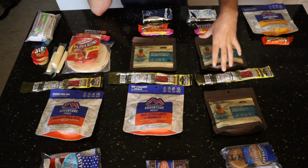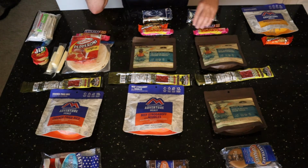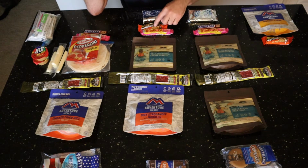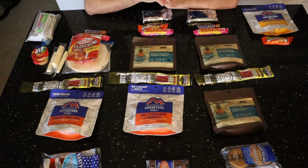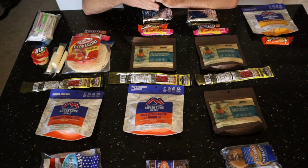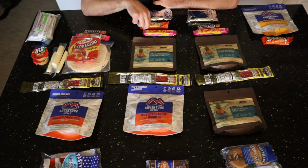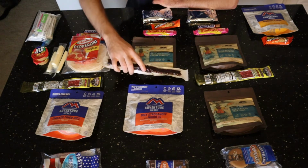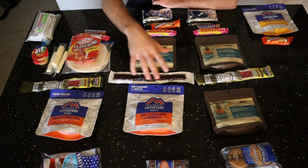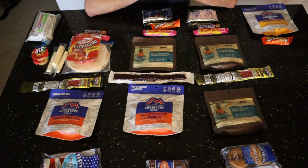The meals are a good amount of calories, and I bring these snacks, a Starburst and a Snickers or a Nutrageous every day. Just gives me plenty of options for snacking throughout the day. I like to just keep putting some calories in my body every so often, keep me going. It's also nice pick-me-ups. Sometimes I want the sweetness. Sometimes I'm going to want some chocolate or peanut butter. And sometimes I crave the saltiness of some beef jerky. But for me, this is going to be a good setup. This will definitely keep my calories up, keep me energized, give me enough energy to make it the whole way